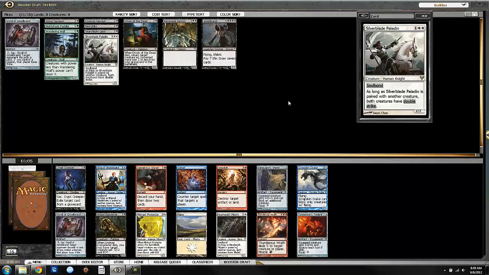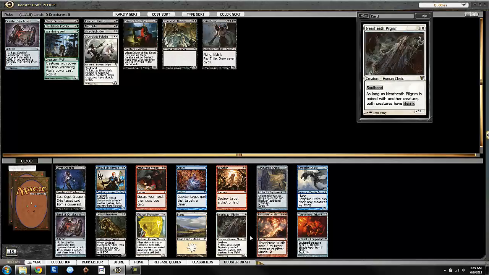Undead Executioner, Nearheath Pilgrim. Look like the 2 picks if we want to stay with white. There's no green, so I guess the safe pick here would be an Undead Executioner. However, if we feel like we're definitely going...